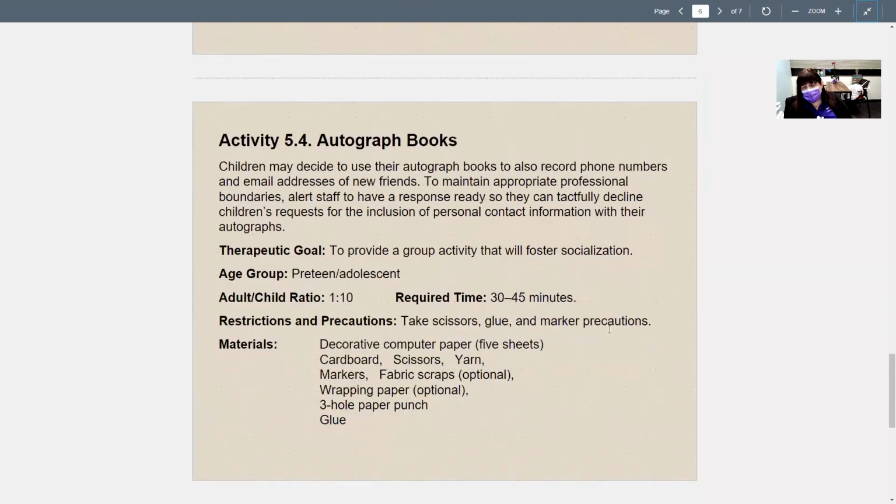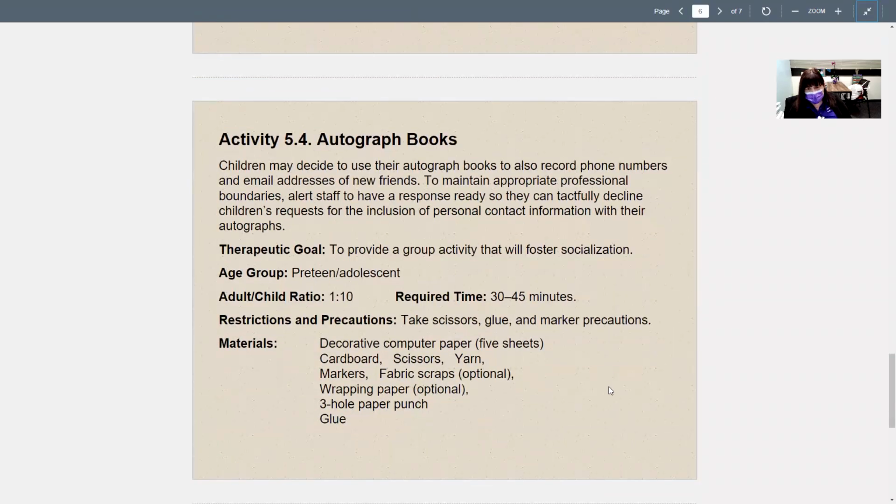So an activity for today is an autograph book. It is something that younger kids tend to really enjoy because you can create an autograph book that requires a child to seek out other people for their signature or their phone number, or just sign my book. It could be a hospital patient that wants to have his nurse's signature and get signatures of all of the people he or she came in contact with.